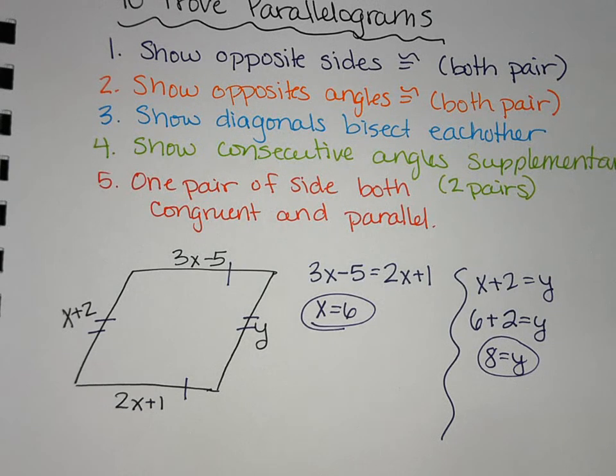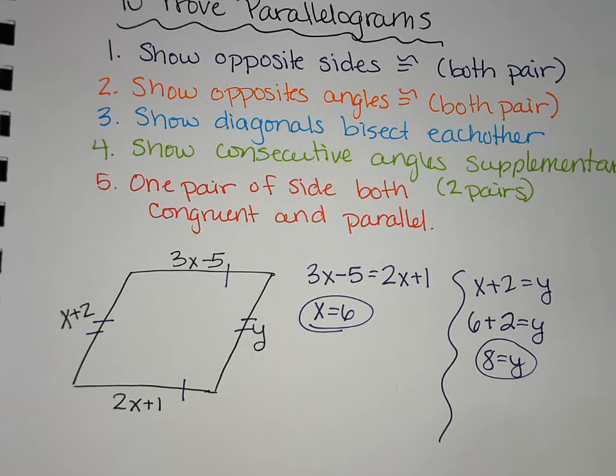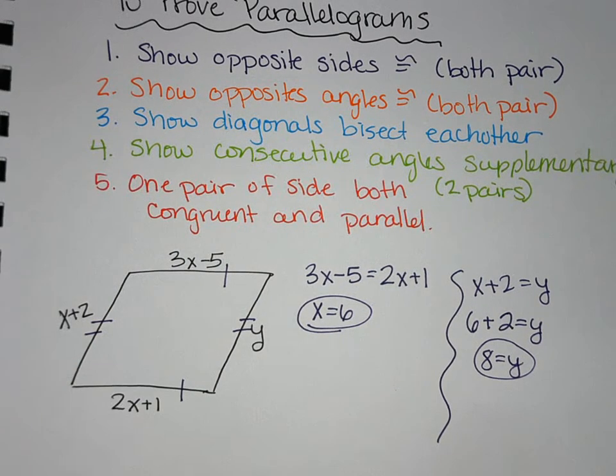So you'll still set opposite sides equal. You'll still set opposite angles equal. You'll still set consecutive angles, add them up, equal to 180, and diagonals will still bisect each other. Those four properties are still there. We just don't know for sure it's a parallelogram. We're showing it's a parallelogram. Okay? So, are there any questions